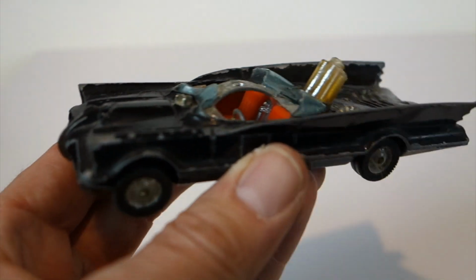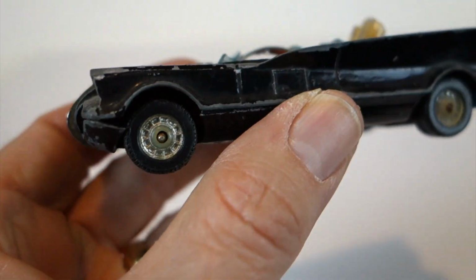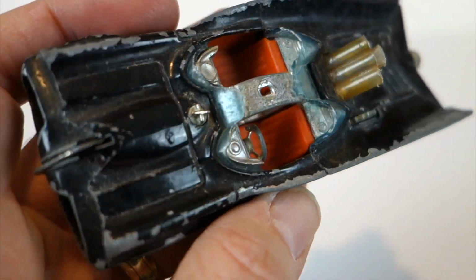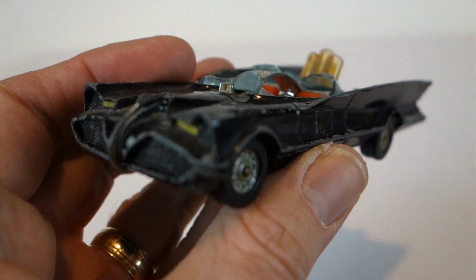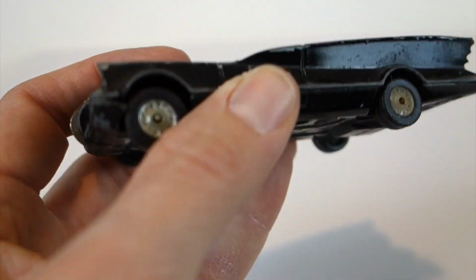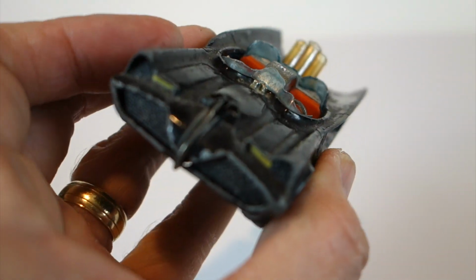Okay, now here is my brother's original Batmobile. This is from 1968, 69. Notice the tires don't have the bats on them, and it's just beat to hell. No figures, all the windows are gone. But this is his original car, and this went for approximately $10. Both this and the Green Hornet were about $10 in 1969 dollars, and that was pretty expensive back then. So yeah,